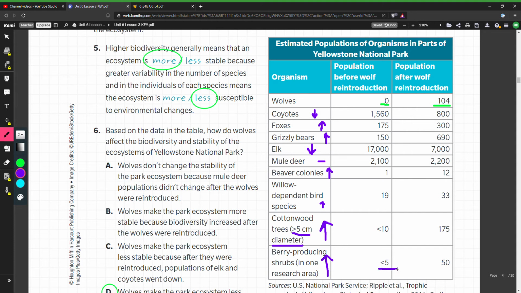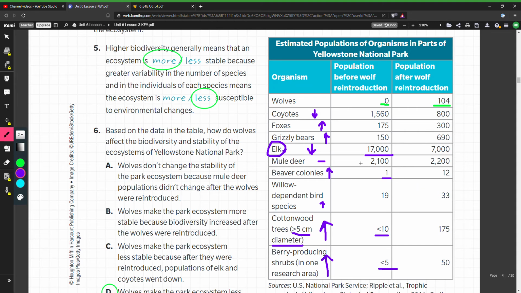was less than 5 bushes, less than 10 trees. One beaver colony, that's just a handful of beavers. And you had thousands and thousands and thousands of elk. So what the wolves did was the wolves prey primarily on elk, and elk primarily eat bushes and plants. And so there were so many elk in the park that they were eating all the trees, the small trees, before they could grow. They were eating the bushes, and what that was doing is that was negatively impacting all